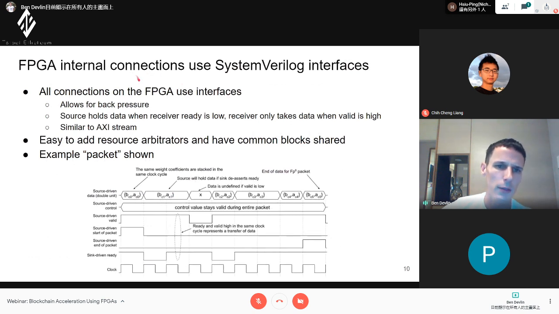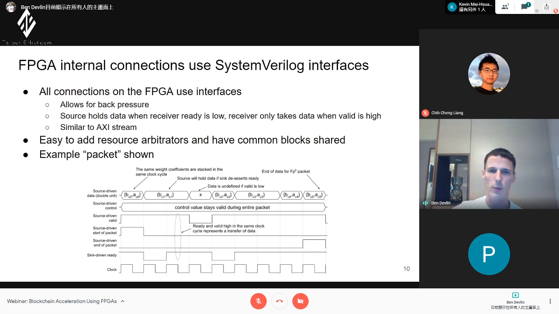This slide talks about the architecture we use inside the FPGA. We tried to use FPGA SystemVerilog interfaces where possible, and the reason for this is that it allowed us to design the FPGA to have back pressure. Sometimes when you design the FPGA, you have a clock cycle count, and you know how many clock cycles before something comes out.